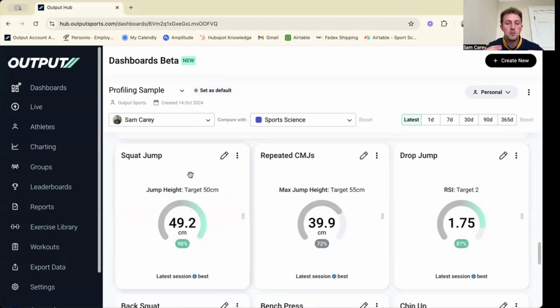So these are our KPIs for that athlete to hit, and how are they getting on? So squat jump, 98%, that's pretty okay. But our CMJ is actually only 72%. We need to work on that. And our RSI, we're slightly off that target, but we're getting there, close as well. So we can actually make actionable decisions on our program based on these results I'm actually getting in my testing